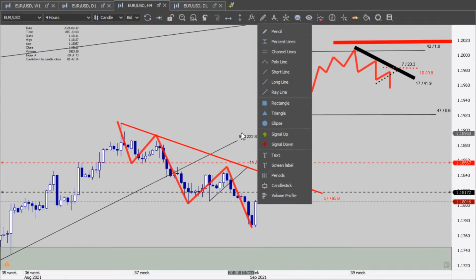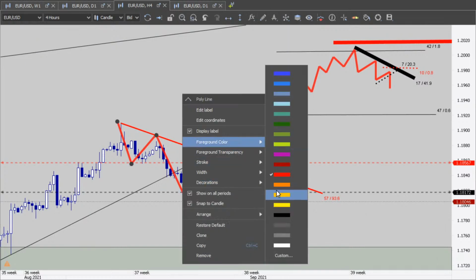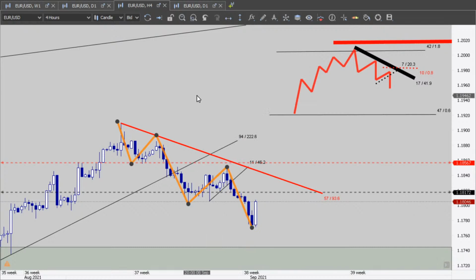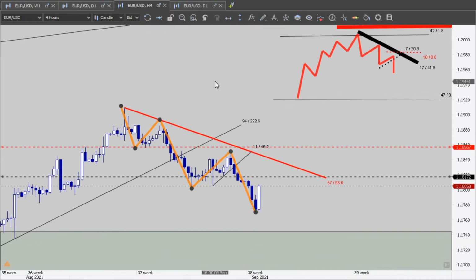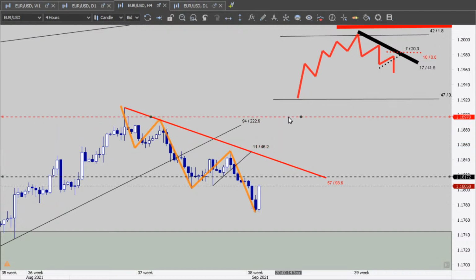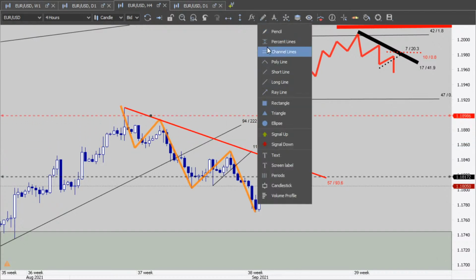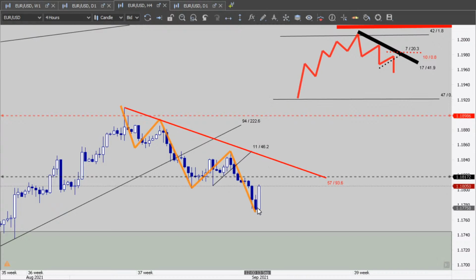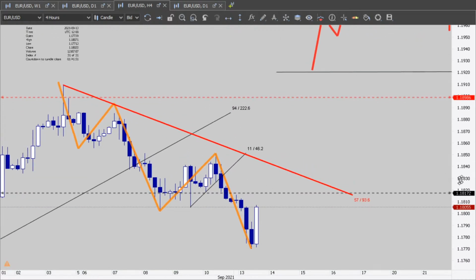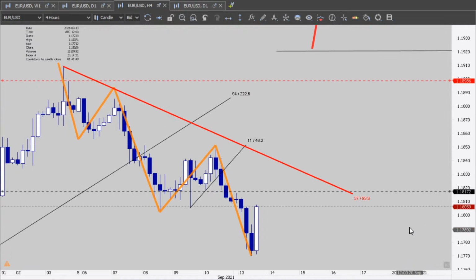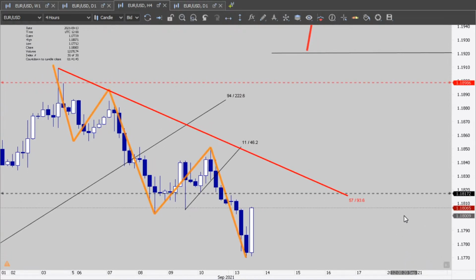If I'm trading the red one, let's change colors. If I'm trading the orange one, which is the short-term downtrend, then I need to manage my trade. Oh, but if I leave my stop loss up in here, see how the beginner trader's brain works, right? It's all good, this is normal. The beginner trader would go, especially now that the market's going against us, right? The rules are clear.